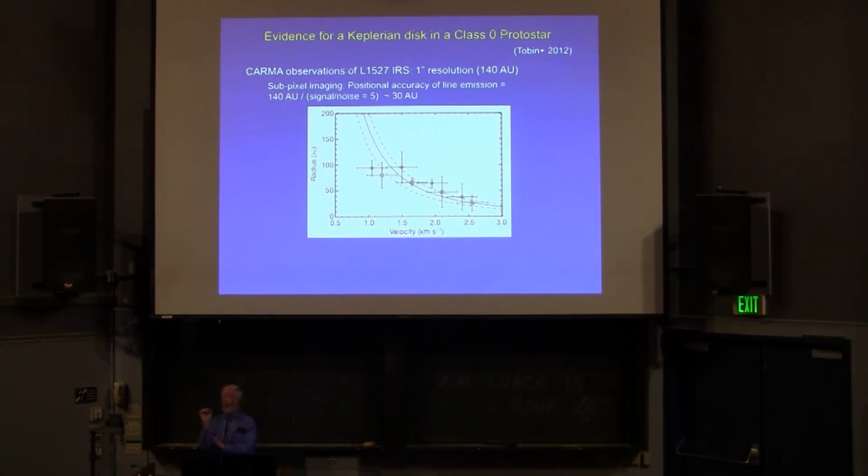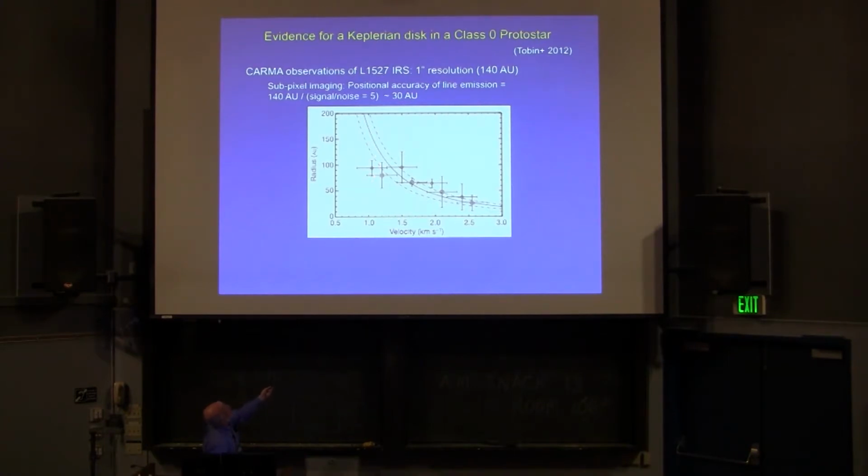However, in fact, if you have very high signal to noise, you can infer information on scales smaller than the pixel. And here, because the signal to noise is about 5, they can infer information down to about 30 AU. And here's the plot, where they have the radius here and the velocity here. And then to guide your eye, they have this